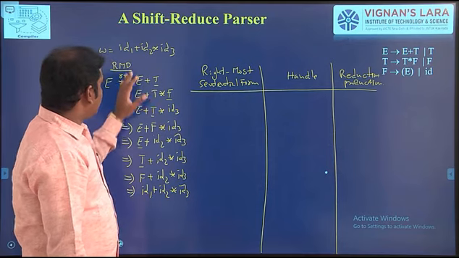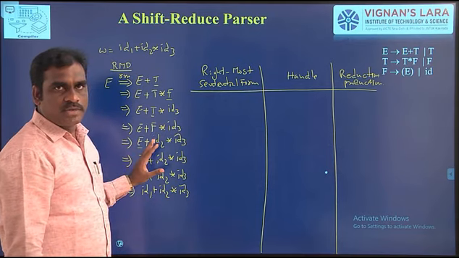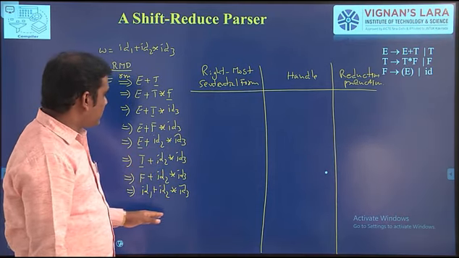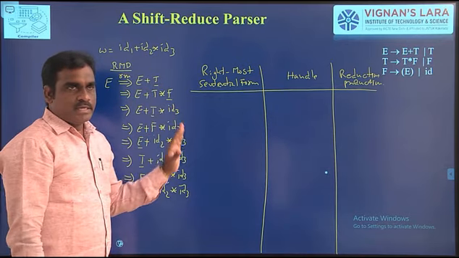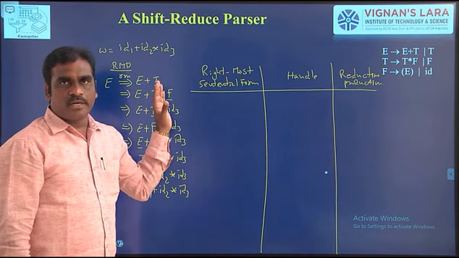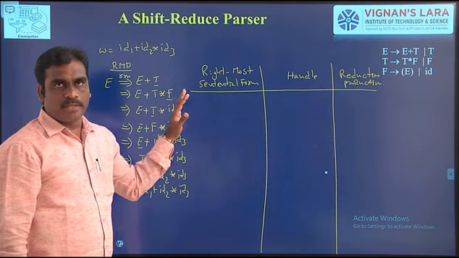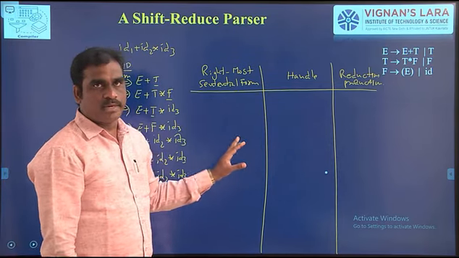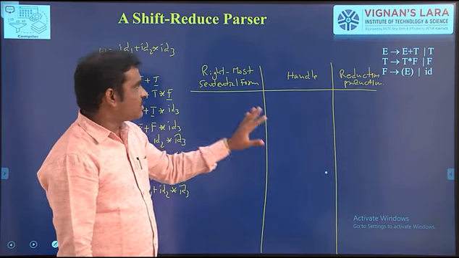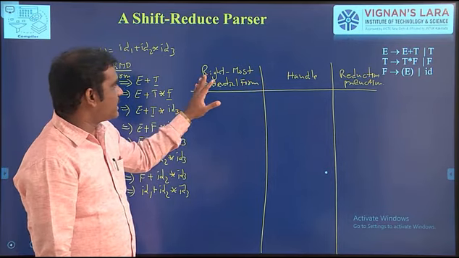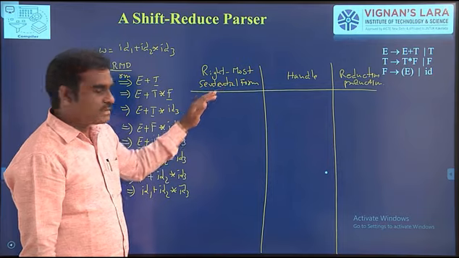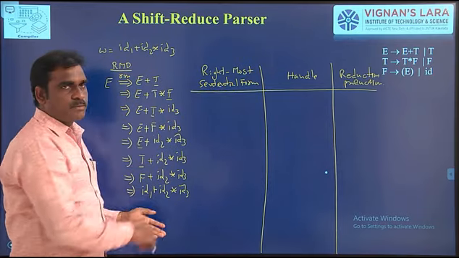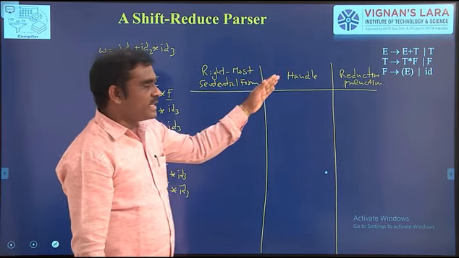So here the first step is perform rightmost derivation, and the next one is reverse of rightmost derivation. Reverse of rightmost derivation we can call it a handle pruning. Now this process we can represent in table format. So the table contains a total of 3 parameters. One is right sentential form, that is nothing but the reverse of rightmost derivation,